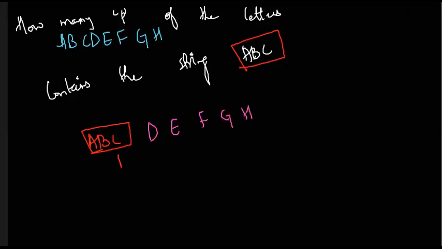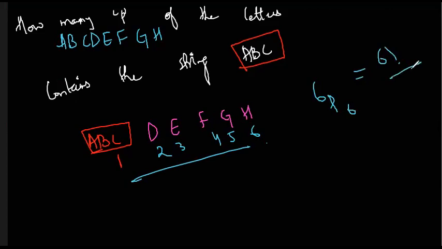What are the total number of elements now we have? We have 6 elements. And for 6 elements, the permutations will be, are we selecting all the elements from the 6 elements? Yes, we are selecting all of the elements. So it will be 6P6, which will be equivalent to 6 factorial by 6 minus 6 factorial, 6 factorial by 0 factorial. We know 0 factorial is equal to 1.